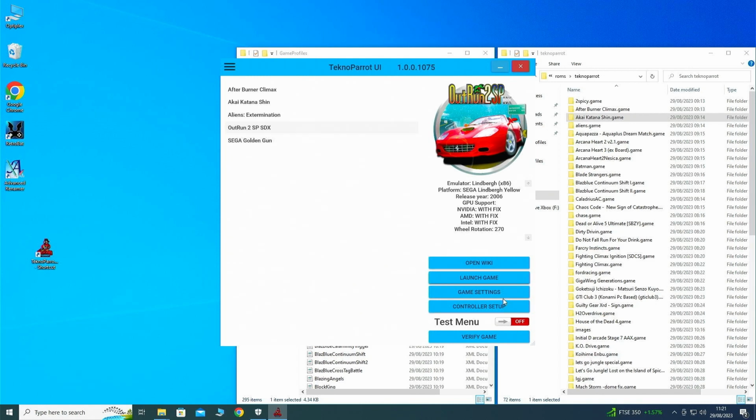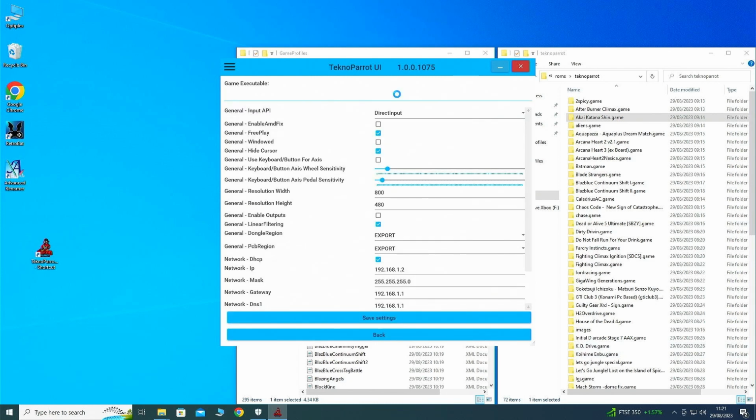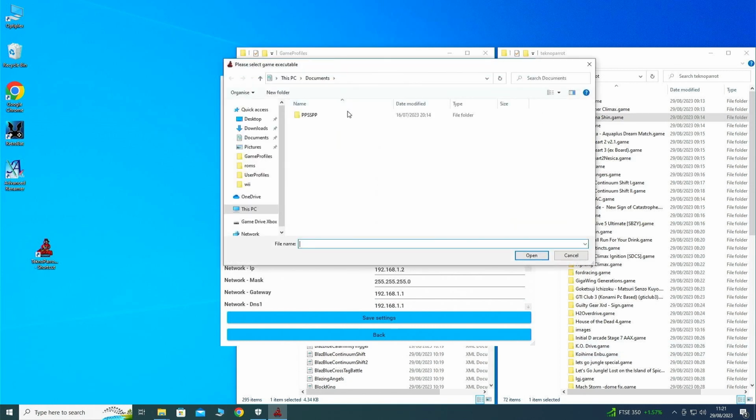We'll click the game settings. Now I automatically know this game executable because I've installed it so many times. But if you don't know it, this is where you're going to see where it can be awkward to find the file name, and it's not necessarily an executable file. So we'll click here where it says game executable, and now we're going to browse and find the file that